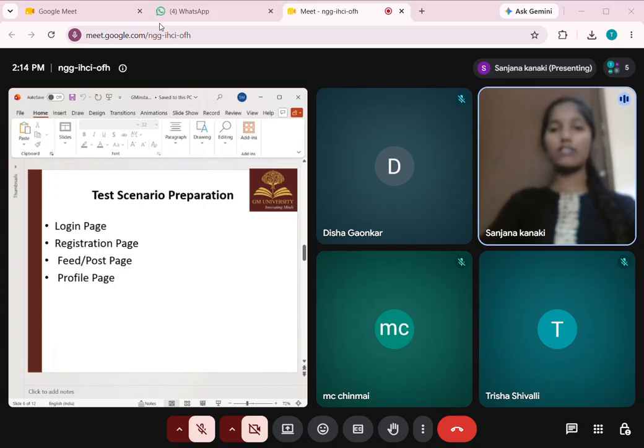Next, the registration page was tested to verify new user registration and input validation. The feed or post page was tested to ensure users can create and view posts successfully. Next, the profile page was tested to verify profile viewing, editing, and updating functionalities. These scenarios form the basis for creating detailed test cases and executing automated tests using Katalon Studio.